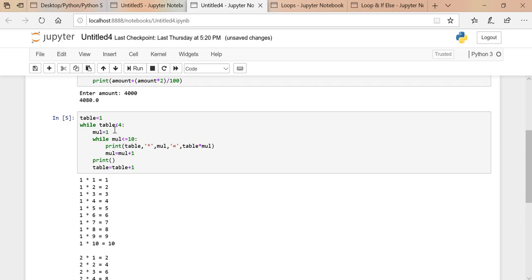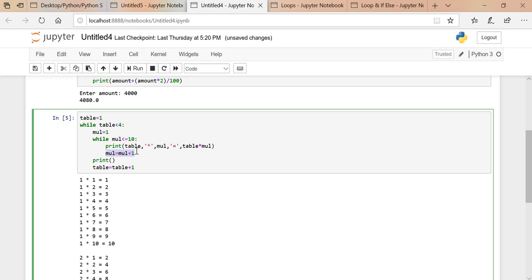Okay, so print table, this table 1 2 3, multiply sign, and multiply with this, from 1 to 10, equals table into multiplication. Okay, we have to increment this multiplication by 1: 1 2 3 4 5 6 7 8 9 10. Then we have to print this step, and then increment the table. Okay, so how is this while loop working here?